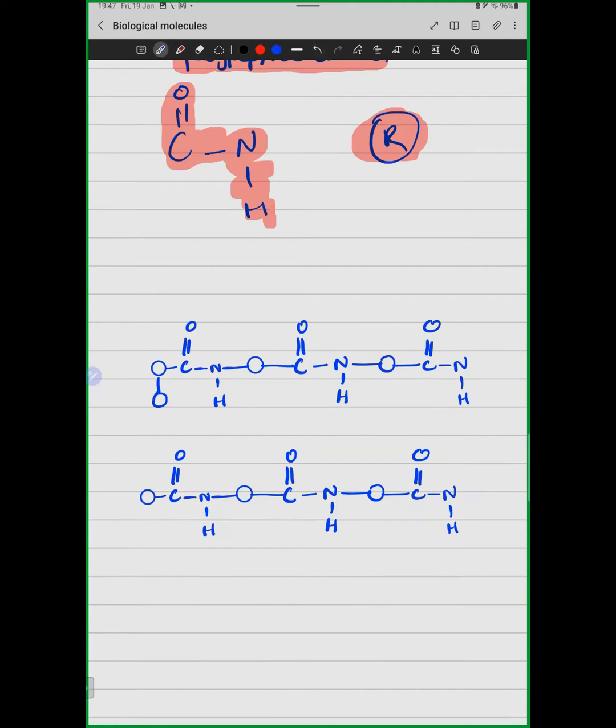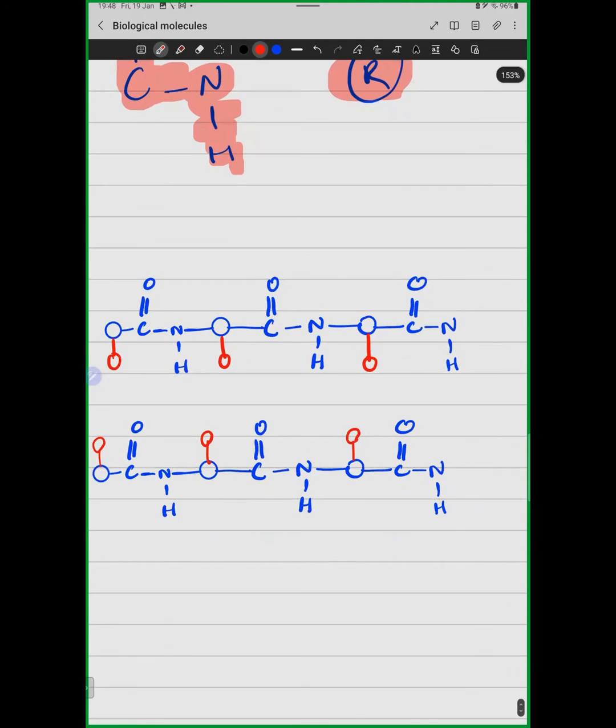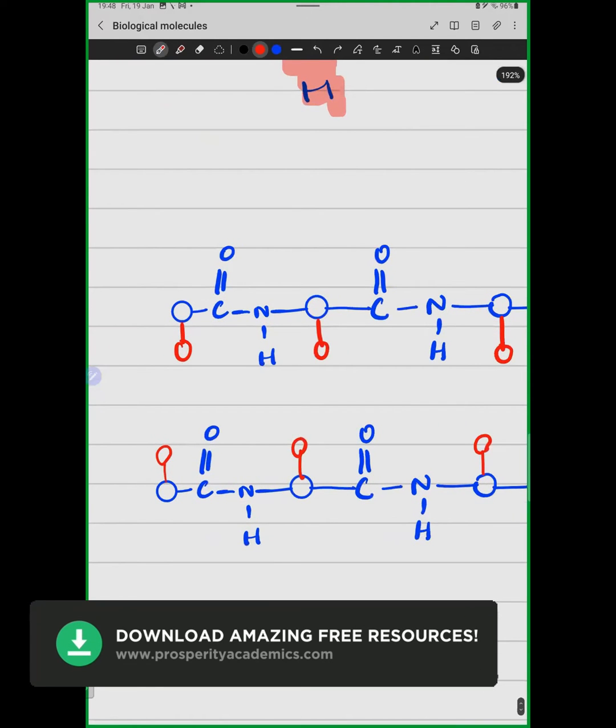Let me draw it with another color. ये हमारे पास R groups हैं. Now, over here हमारे पास जो पेप्टाइड बॉन्ड होता है, उस पेप्टाइड बॉन्ड का क्या रोल होता है? उस पेप्टाइड बॉन्ड का रोल ये होता है कि वो एक कनेक्टिंग लिंक होता है बिटवीन टू अमीनो एसिड्स, ठीक है? उसके बाद उसका जो दूसरा रोल होता है वो ये होता है that it basically forms the alpha helix